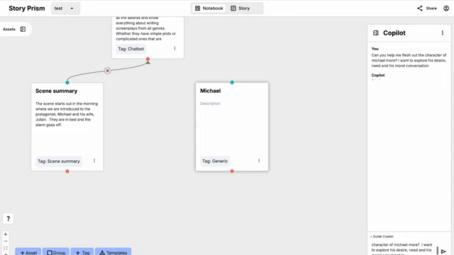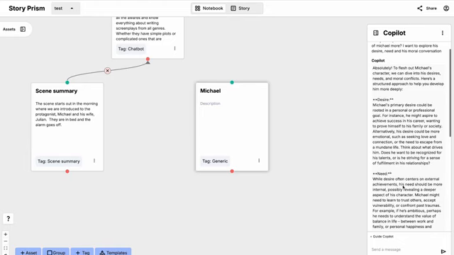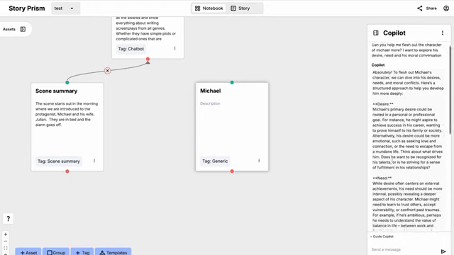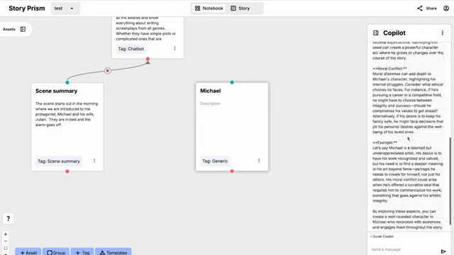And we'll let the Copilot figure that out. And then what you can do here is, once it's finished, you can copy and paste that thing to flesh it out. Michael's primary desire could be rooted in personal or professional goals. For instance, he might aspire to achieve success in his career, wanting to prove himself to his family or society. So it's basically trying to help me figure out what I wanted to do, right? And so